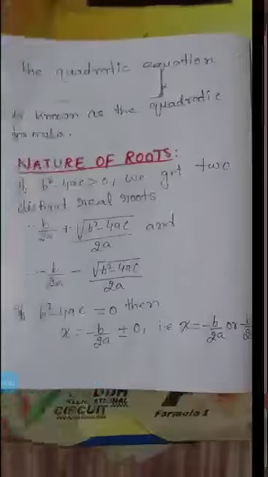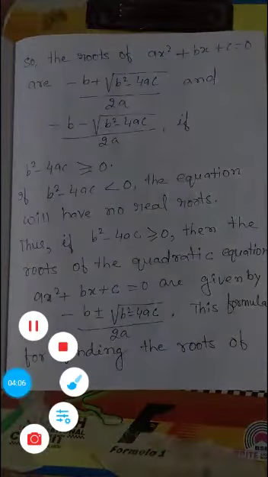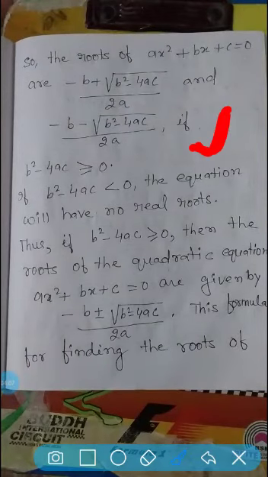Is that okay? Now see here, you may get confused, but nothing is there to confuse. First what you have to do? Simply you divide the whole expression by the coefficient of x square. Then in the second step you divide and multiply the coefficient of x by 2. Then you will get it in the form a plus b whole square. So you take a plus b whole square and solve it, and you will get these two roots: minus b plus root under b square minus 4ac by 2a, and minus b minus root under b square minus 4ac by 2a.